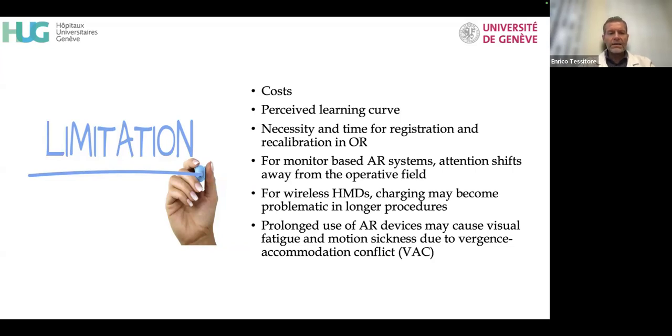For the wireless head-mounted displays available on the market nowadays, charging may become problematic in longer procedures. Ergonomics might be an issue. Some of them are very heavy. I've tested them, and some have a charging cable, so ergonomics is very important in our profession, especially for very long